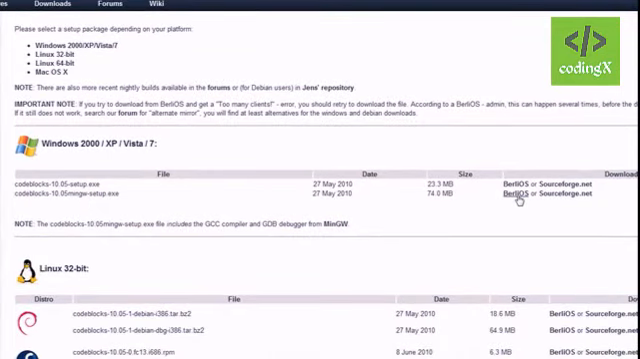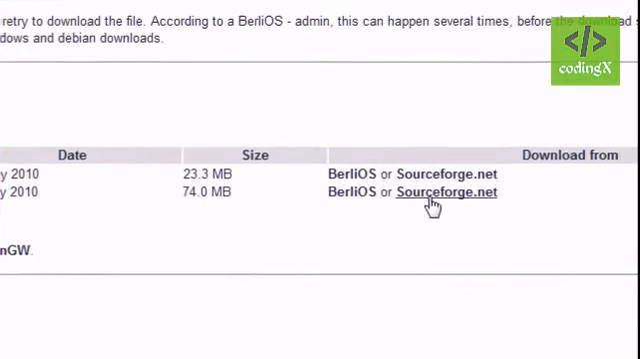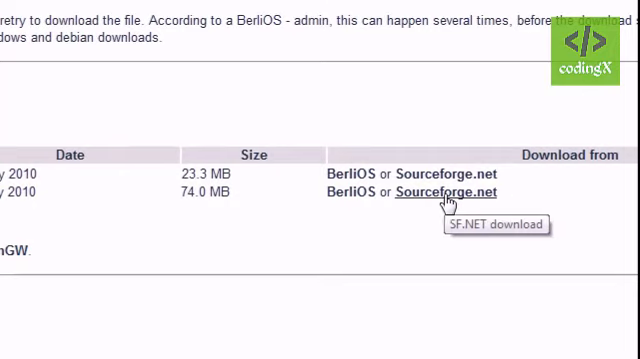So go ahead and you can either download it from Barely OS or SourceForge. I already have it downloaded, so I'm not going to click this, but oh, excuse me,